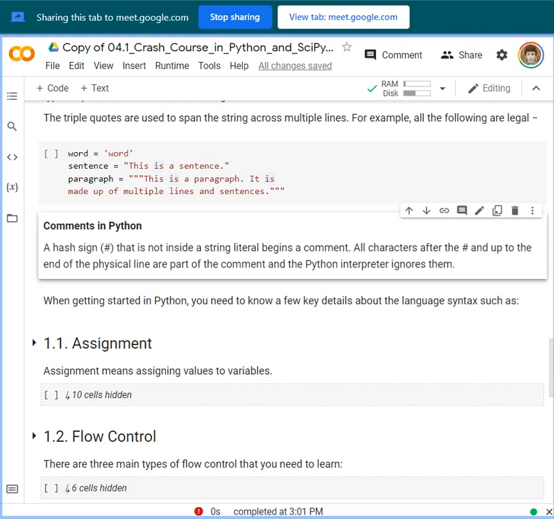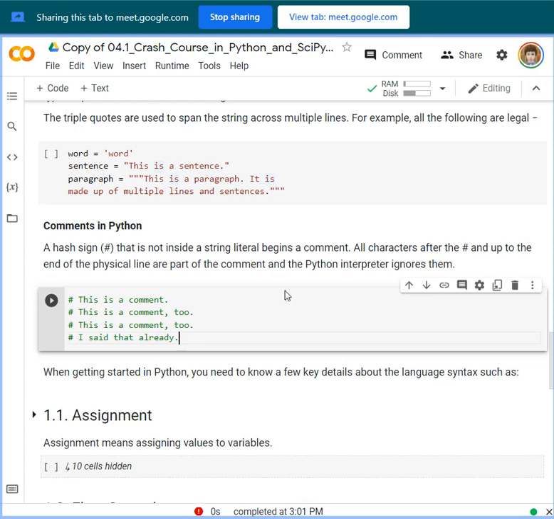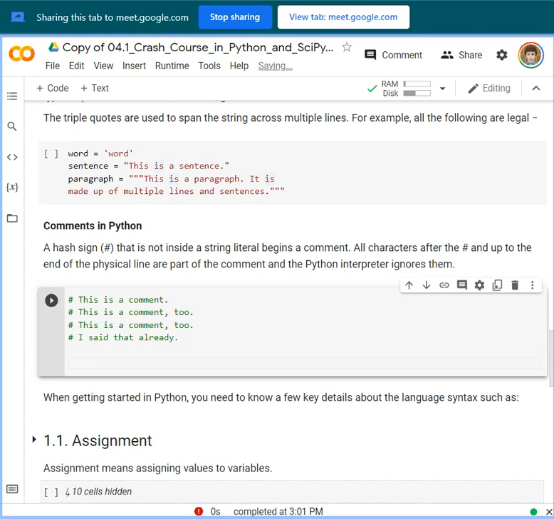Now you can actually write multiple comments as long as you write a hash in every line, for example. So in this one, this is an example of multiple comments. Another way to write multiple comments is to use a triple quoted string, which is also ignored by the Python interpreter.